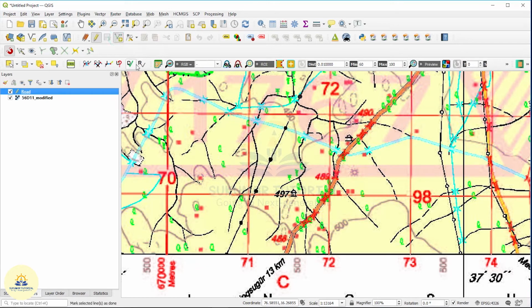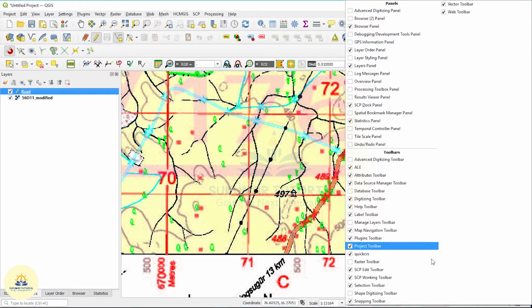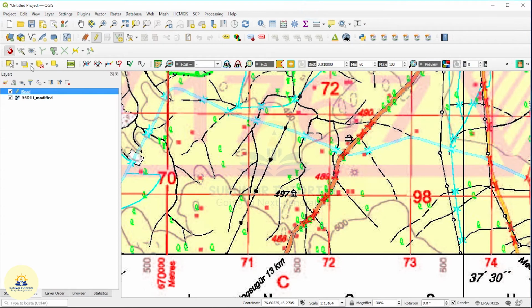I am clicking that. I am just bringing my digitizing cursor. Before that, I have to make sure that snapping is enabled. See, this is enable snapping. If it is not there, right click it. You can find it in the panel. Different panels are there. It is already highlighted. So I made a tick mark. If it is not highlighted, you have to highlight it and then you have to make it editable.